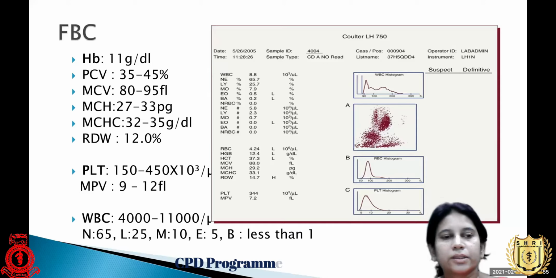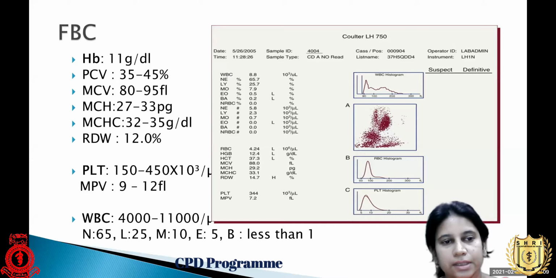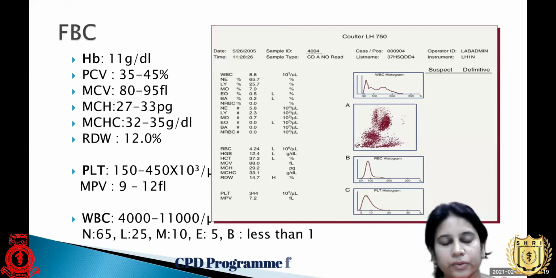Okay, this is the full blood count report. You are familiar with the report; almost all of you have seen it. You have the normal reference ranges given in your report, but you have to know our reference ranges and the physiological variations when you are interpreting it. There are about 25 to 35 parameters in the full blood count report, but unfortunately we look at only very few parameters. So I will highlight the parameters which are important in our clinical management.